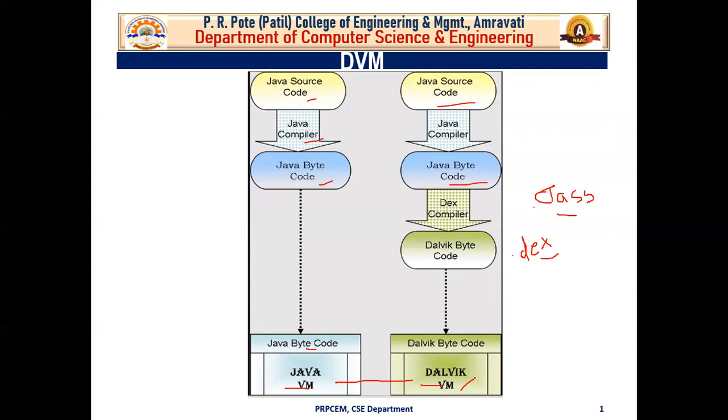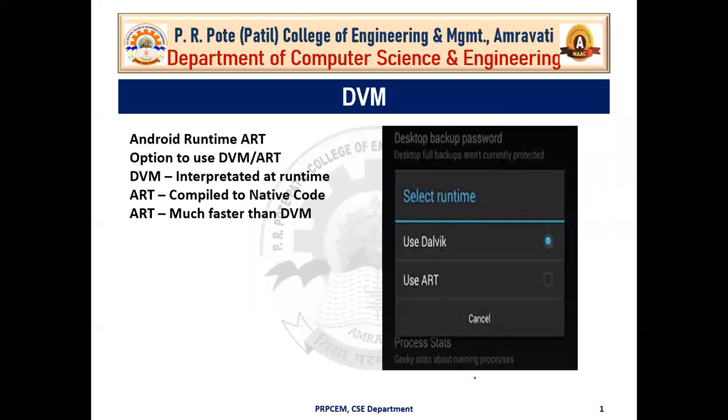Okay. Now whenever we install an app on the platform, it is interpreted when we run the application, and then the app runs from the Android platform. Okay. Now this we have found to be quite slow as compared to iOS apps. So recently we have another modification, that is Android Runtime, that is ART. So this Android Runtime, ART, is a modification of the Dalvik virtual machine.